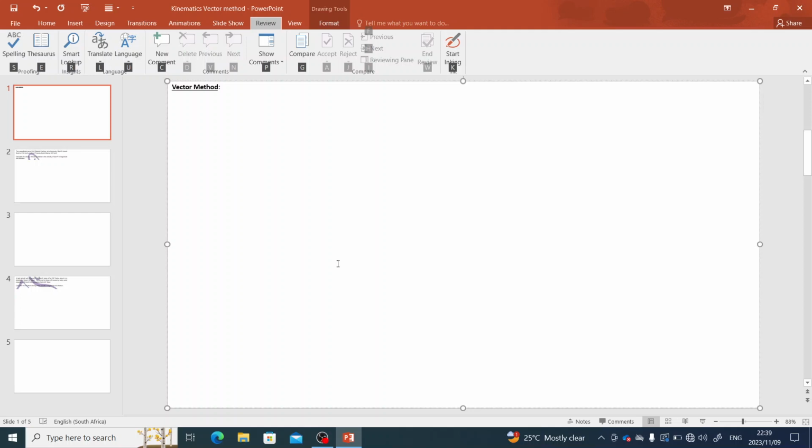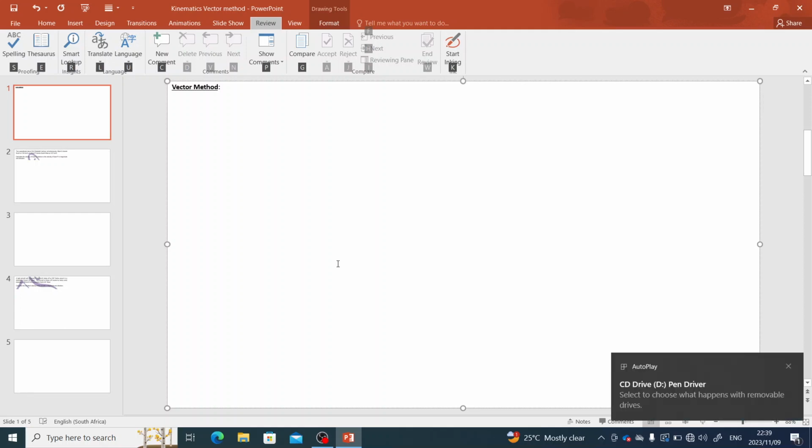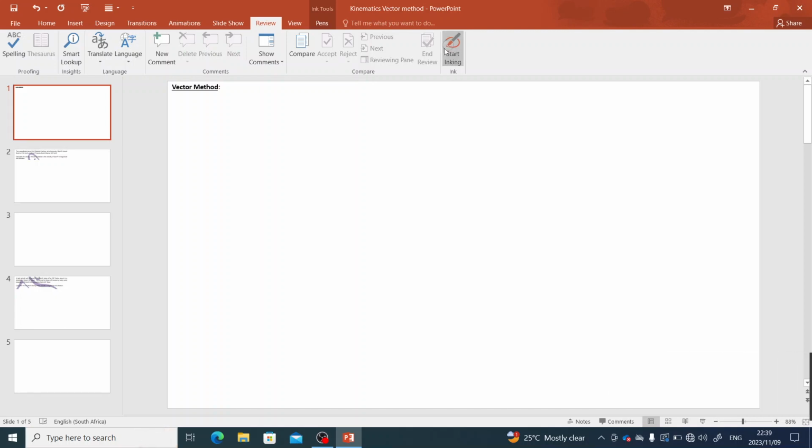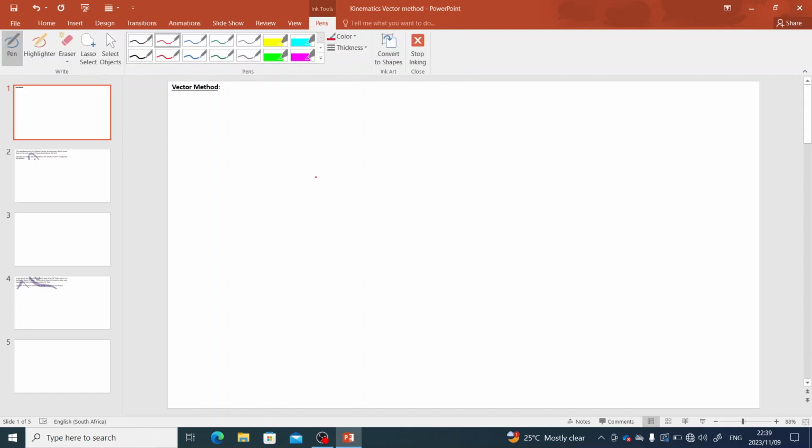Good day, good people. Let us look at this vector kinematic, but using the vector method. Firstly, let's start with the resolving method. It is a vector method, but the understanding that we have of it is, let's say we